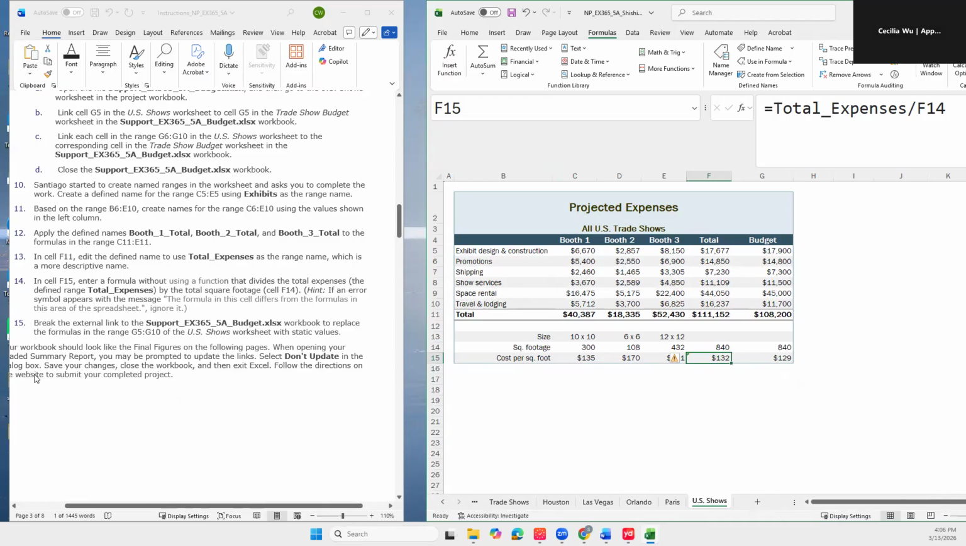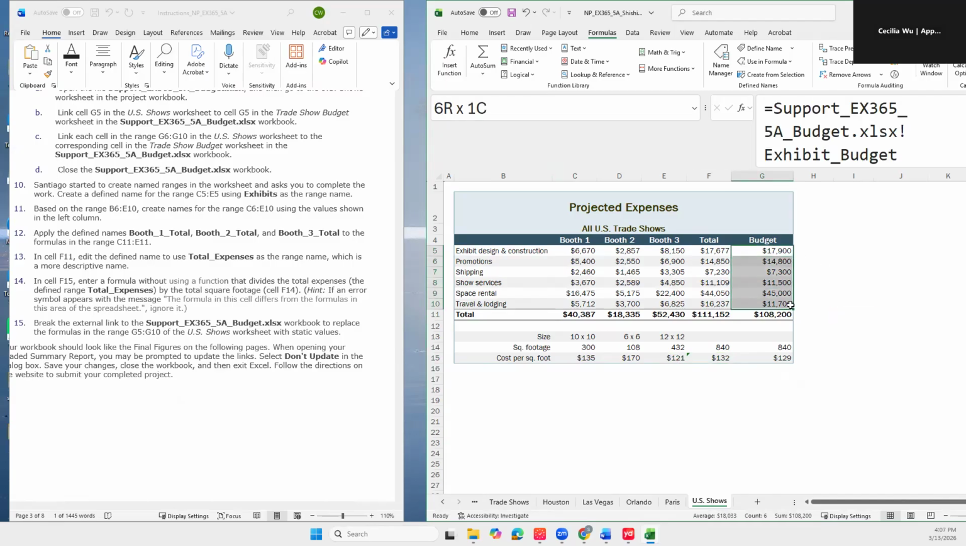And next, step number 15. Break external link to the support Excel workbook and replace the formula in the range G5 through G10 of the US shell worksheet with static values. So now basically we want to remove all the links for this group of content, but we want to keep the value for that. How to do that is, let's go to the